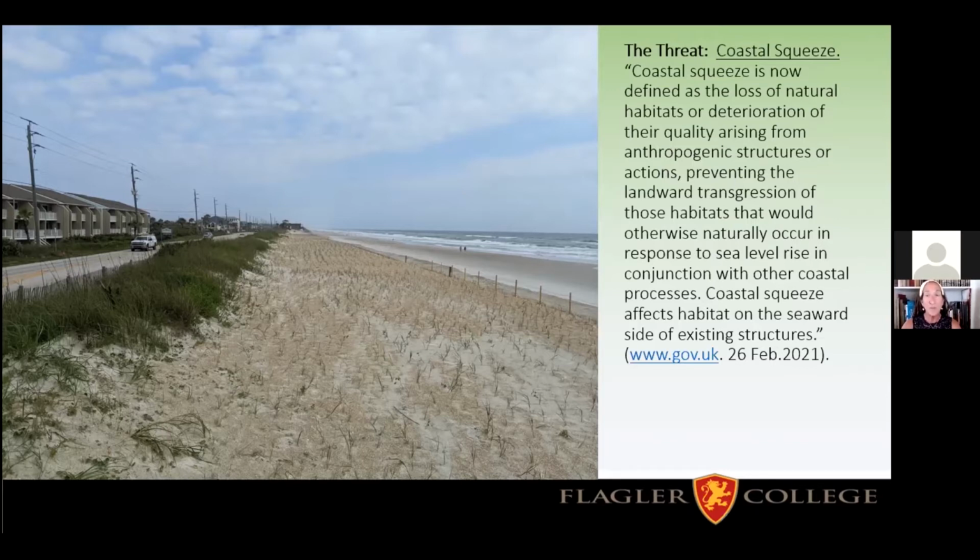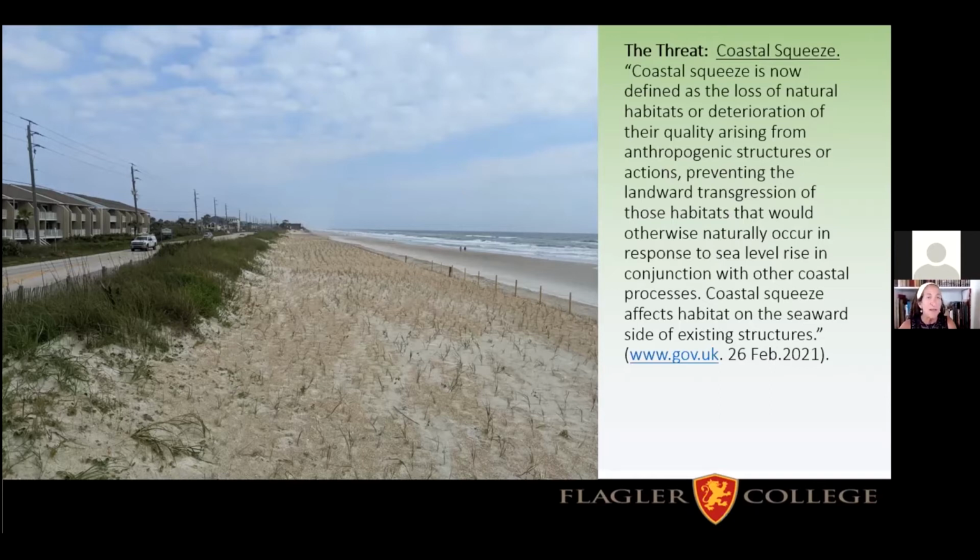Anthropogenic means human caused, if people aren't aware of that. So the things that we are doing to change the environment, such as habitat alteration, such as causing the climate crisis and so on. Also, the prevention of landward transgression of those habitats basically means, if you look from right to left, at least